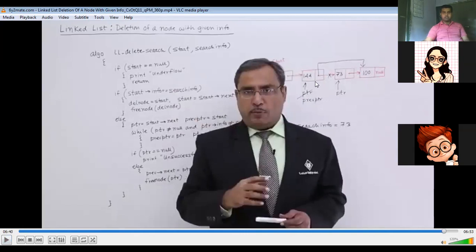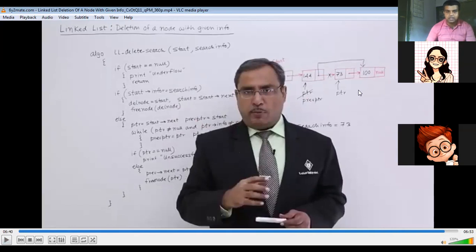Okay, so see what they have done is that the pref PTR is keeping the track of the previous node and the PTR is the track of that particular node which they are deleting. So when you are deleting the 73 as per this diagram, what is happening? This particular node has the memory address of this node. So this memory address will be copied into this particular node.